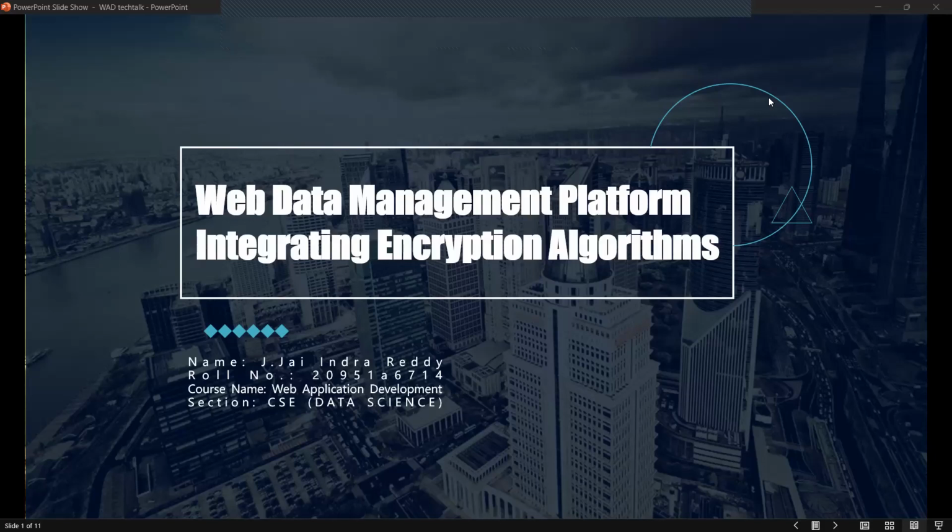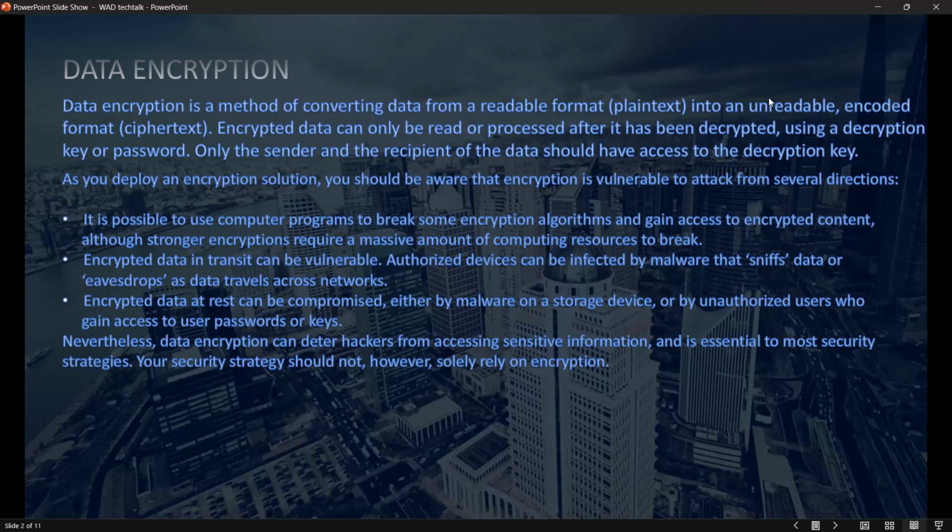In this video, I'm going to explain the web data management platform integrating encryption algorithms. What is data encryption? Data encryption is a method of converting data from a readable format, plain text, into an unreadable encoded format, ciphertext. Encrypted data can only be read or processed after it has been decrypted using a decryption key or password. Only the sender and the recipient of the data should have access to the